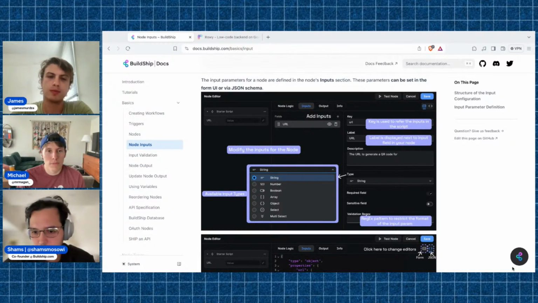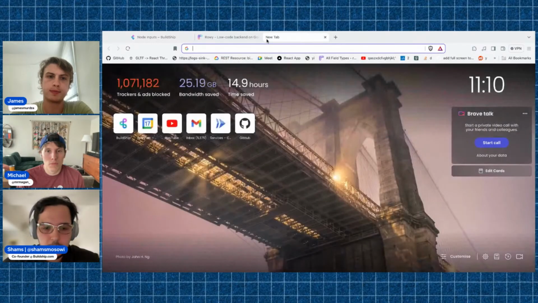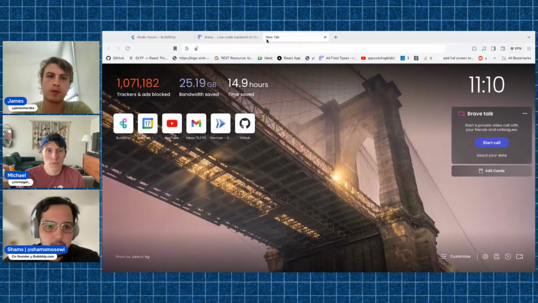Yeah, so I wanted to show a demo if you guys wanted to see a demo. Basically, we're using this node here that is powered by, let me see, that one is powered by, why is GitHub?